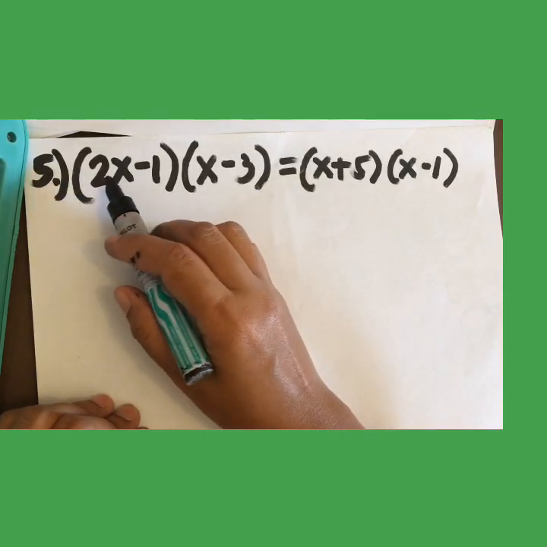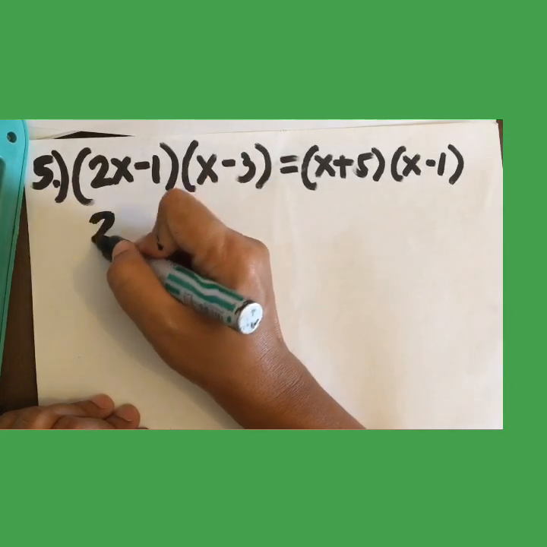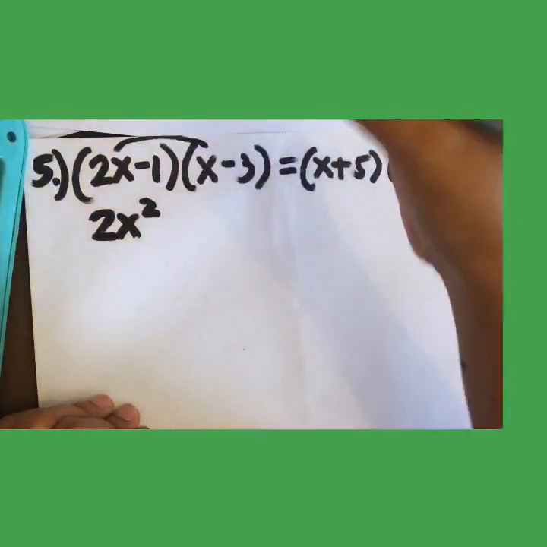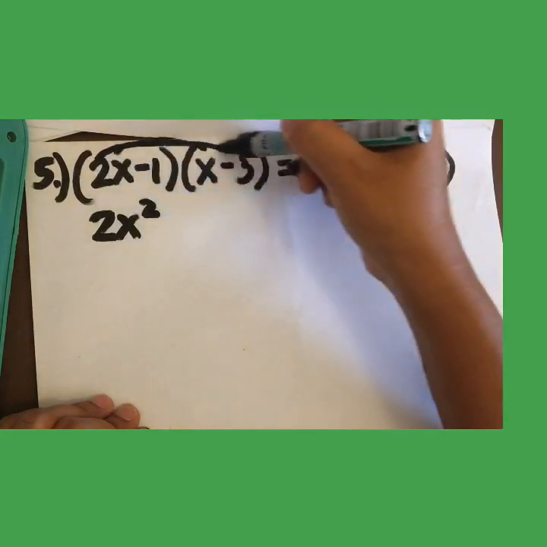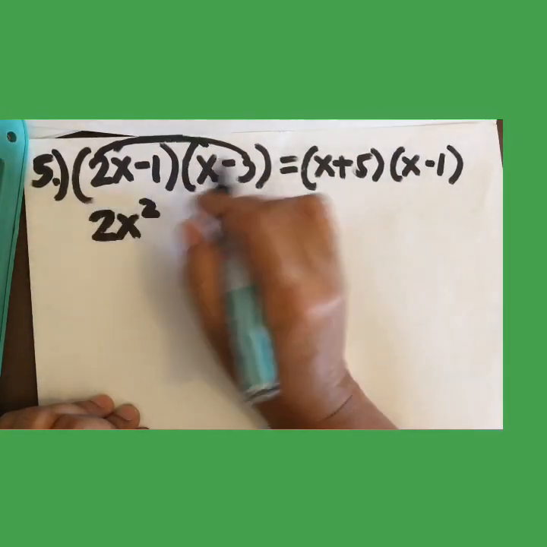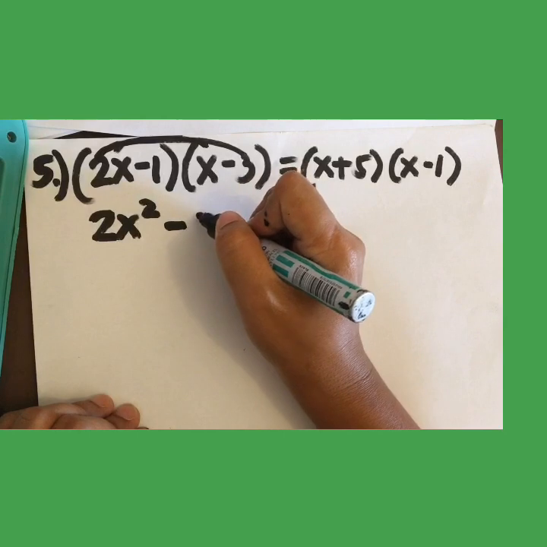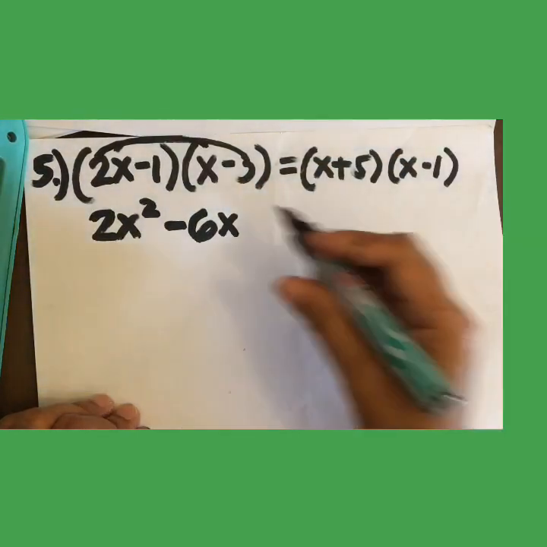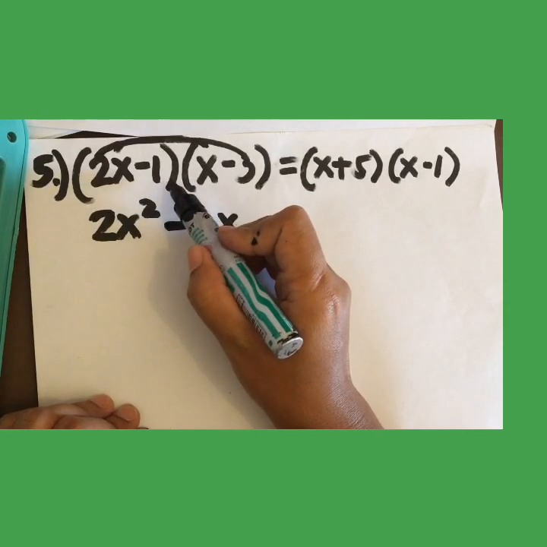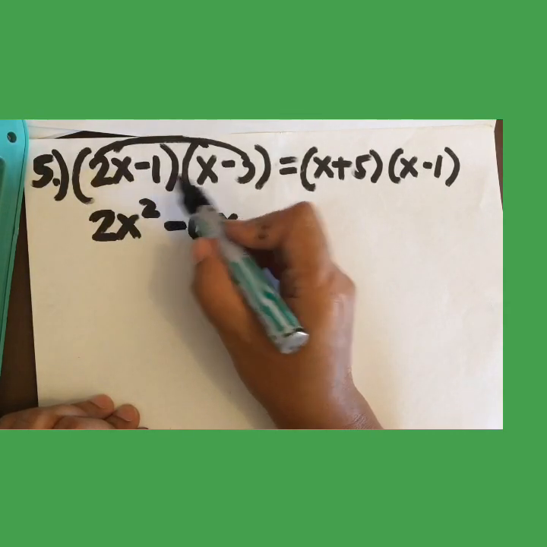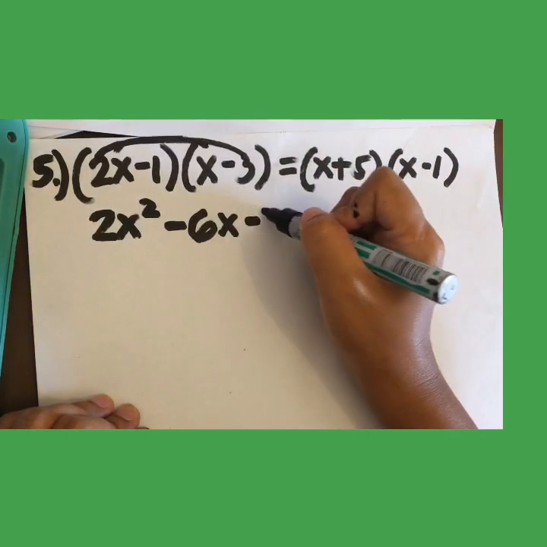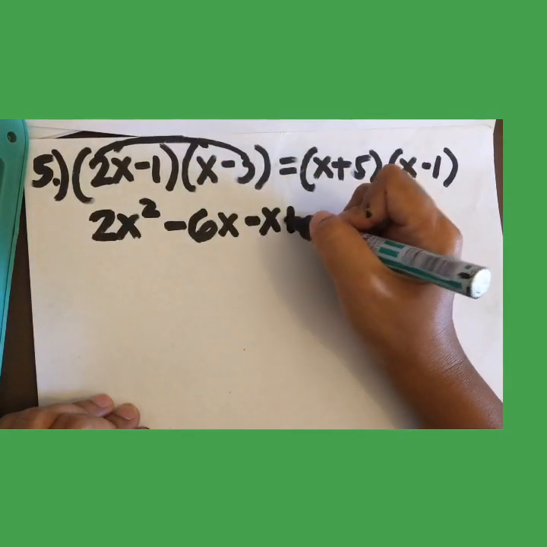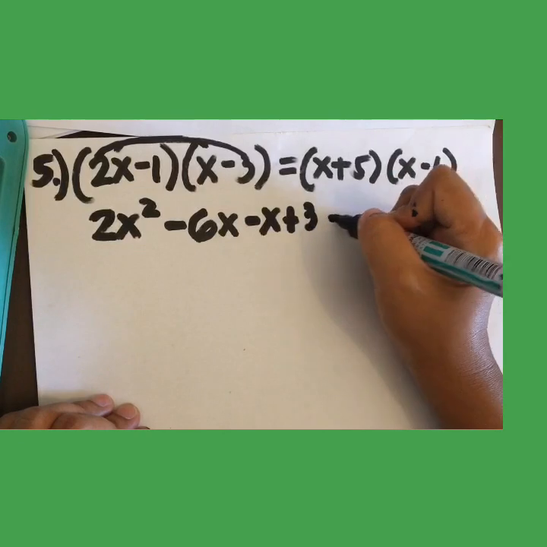So, we multiply 2x times x, that is 2x squared. Okay, after that, we multiply na naman 2 times negative 3. 2 times 3, that's negative 6. Then, attach the variable there. After that, we proceed to the second term. Negative 1 times x, that's negative x. Negative 1 times negative 3, that's positive 3. Equals,